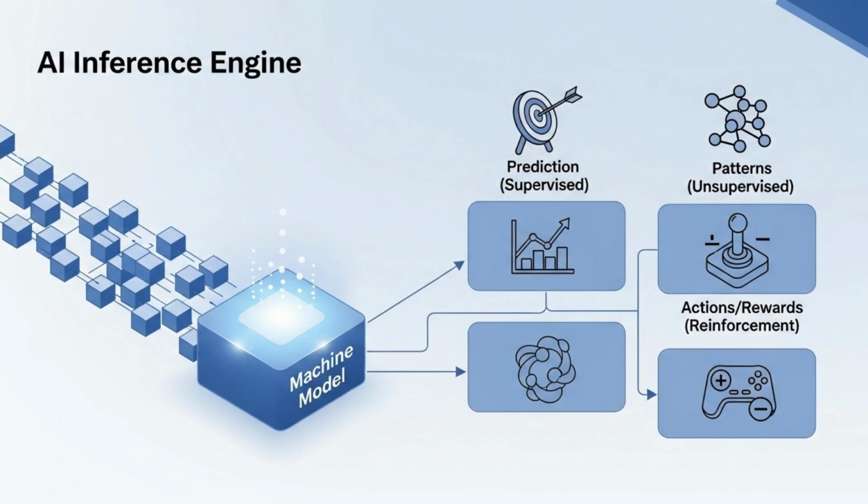There are three primary types of machine learning. Supervised learning involves training a model on labeled data, where both the input and the correct output are provided, teaching the model to map inputs to outputs. Unsupervised learning deals with unlabeled data, where the model discovers hidden patterns or structures on its own. Finally, reinforcement learning involves an agent learning to make decisions by performing actions in an environment, receiving rewards or penalties for its behavior, much like how a child learns through trial and error. This ability to learn and adapt from data is what makes ML so powerful and versatile.